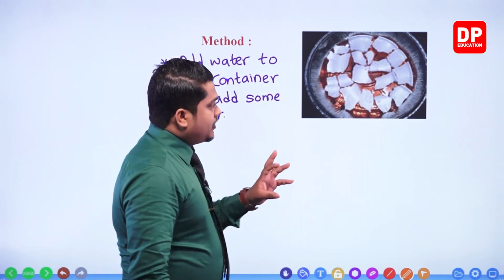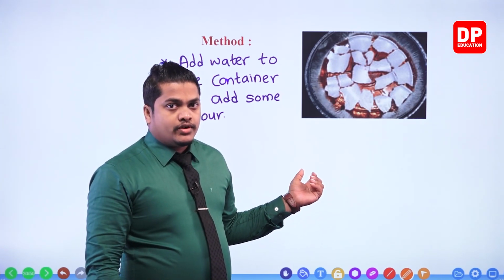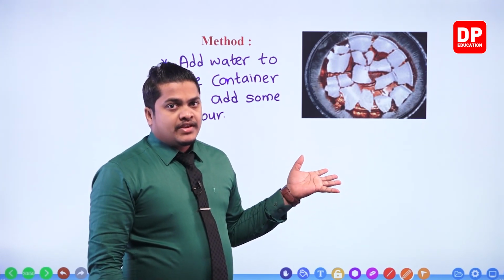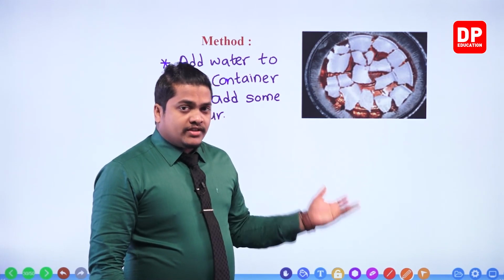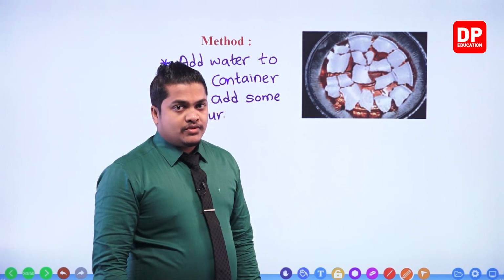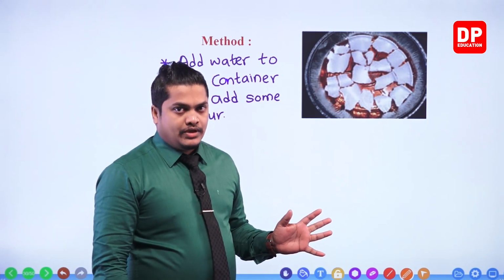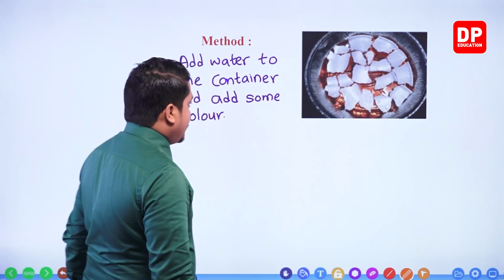Actually, if you want, you can color the water, no problem. But that is not the important thing here. We're going to identify the tectonic plate movements, so you can keep the water as it is without any trouble. Okay, right. Then, my dear children,